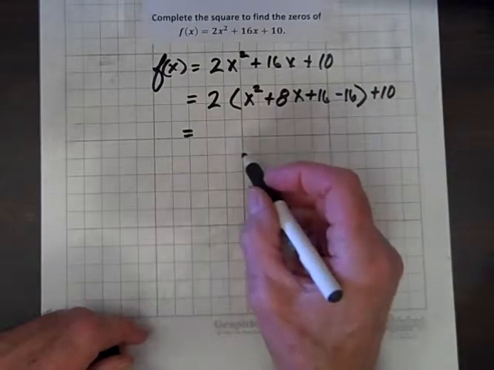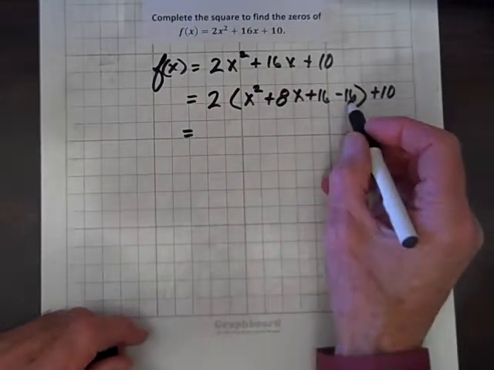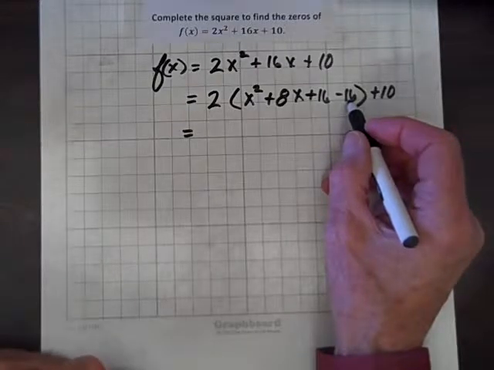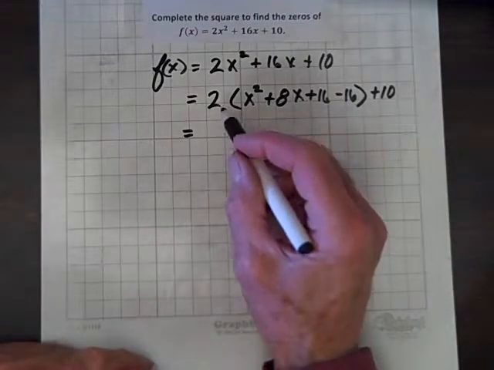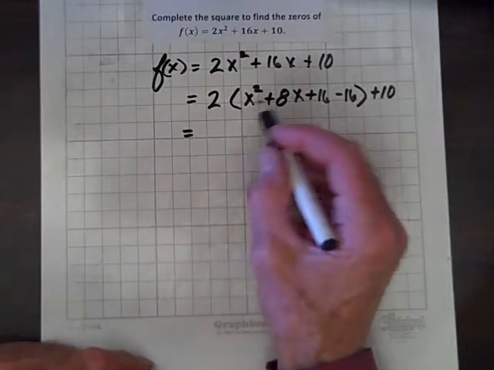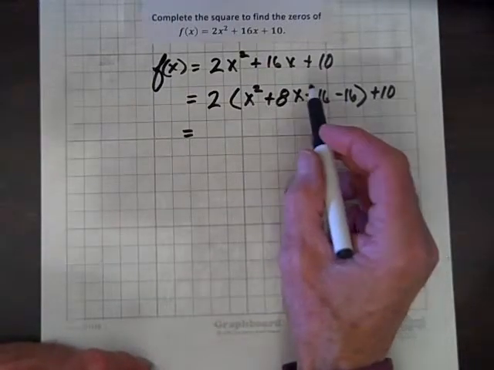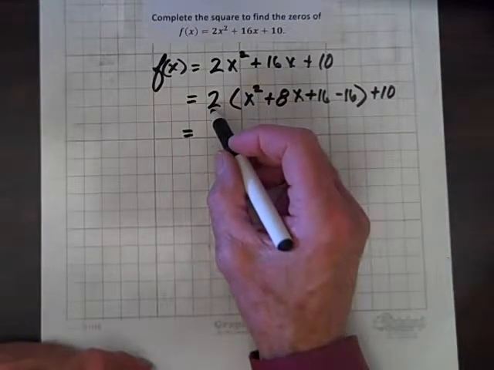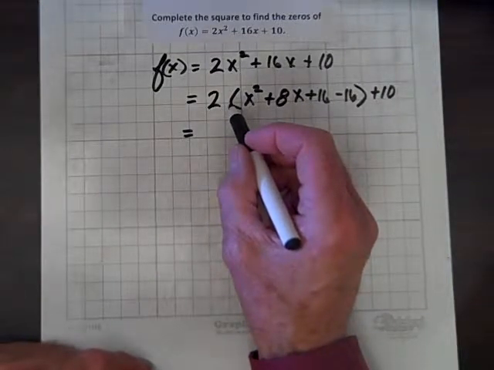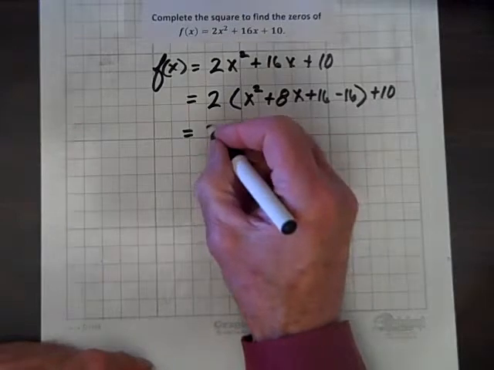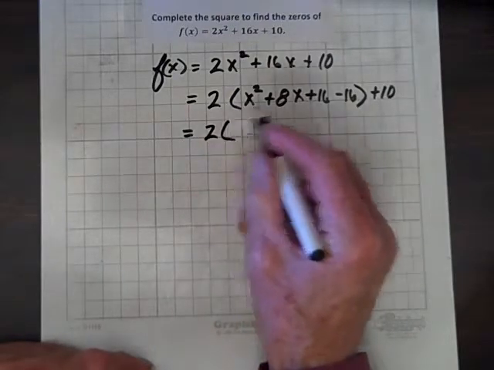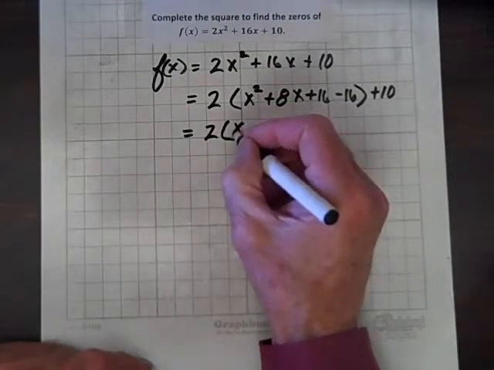Now we have another problem. What do we do about this negative 16? Well, the distributive property tells us that we can remove anything from between the parentheses as long as we multiply it times whatever the factor is outside the parentheses. So that factor happens to be 2,